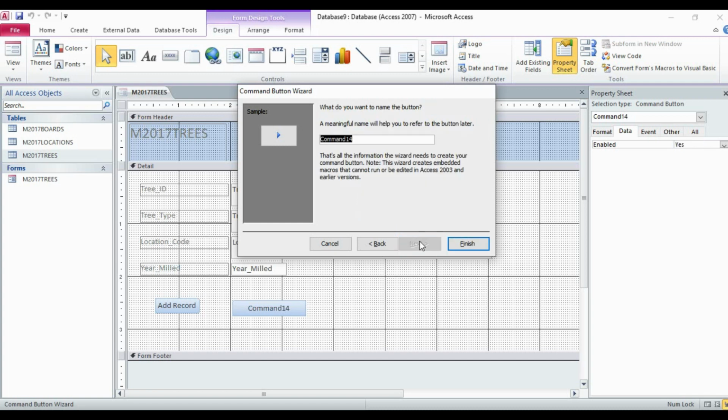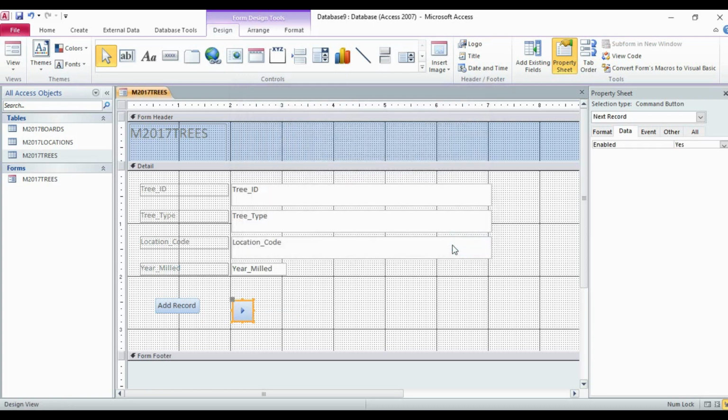Now here again we have to give some name to this. So next record, then click on the finish button. Now this is the button which is shown here. Now what is the meaning of entering a name to this? So let's see.